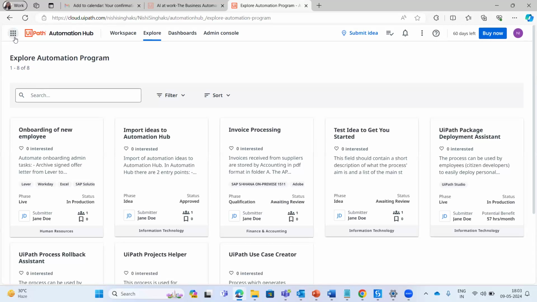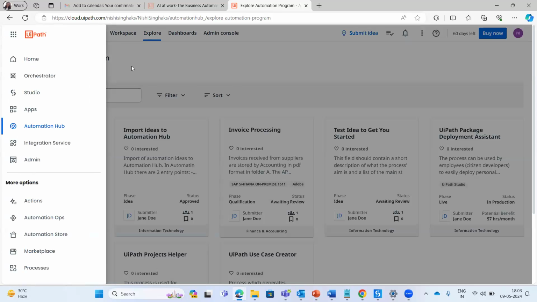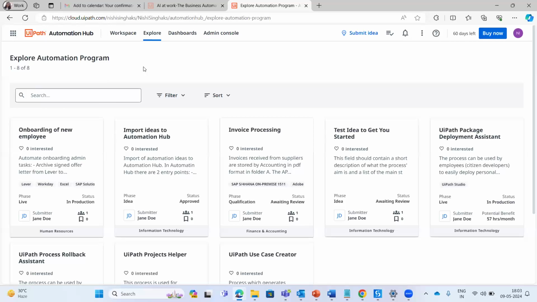But there is another way using which you can have access to the automation hub without any additional cost for training purposes. You can request for the enterprise studio pro trial enterprise activation. I do not have the option for it currently as I already have activated it,